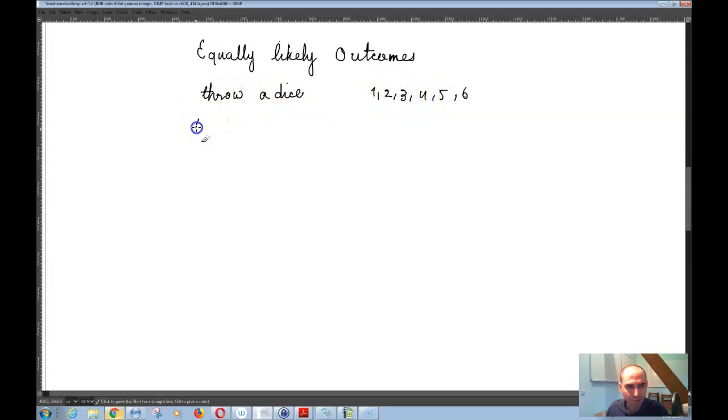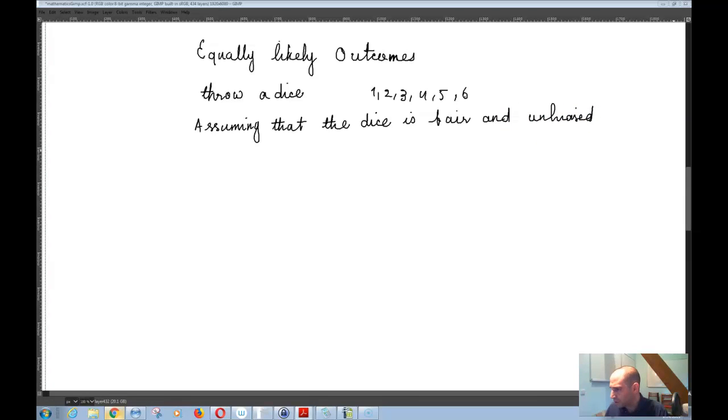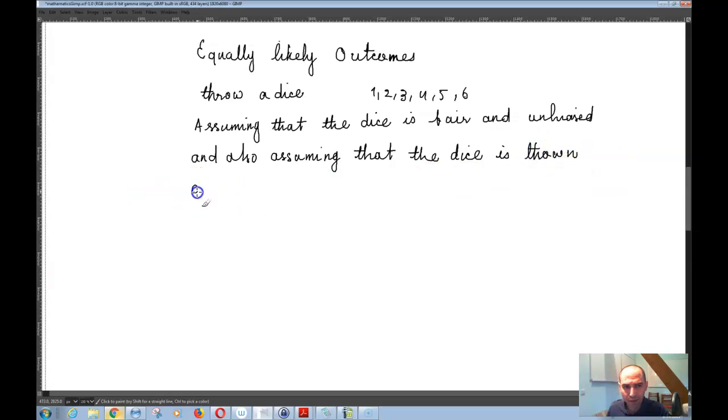Now assuming that the dice is fair and unbiased, and also assuming that the dice is thrown at random,